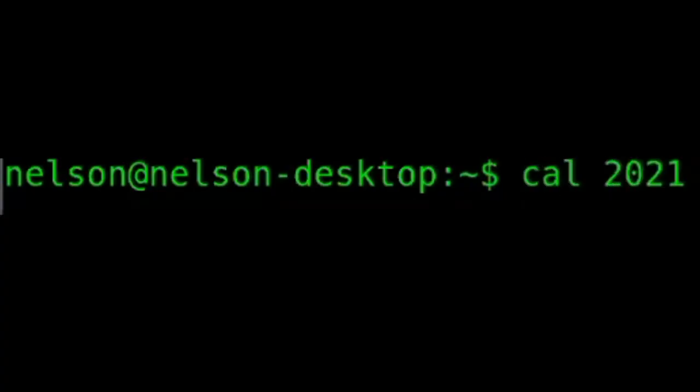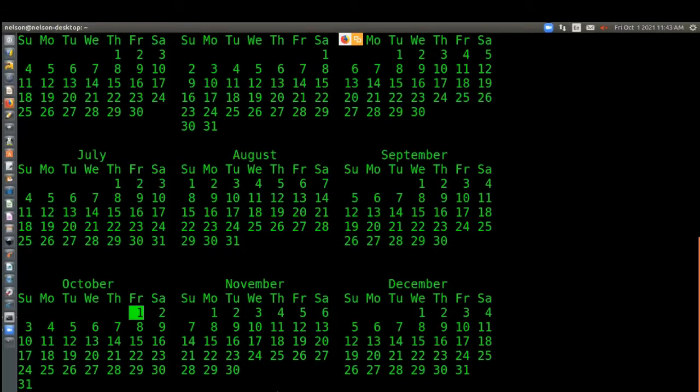Now if I want to see the whole year's calendar, for example, the cal command gives the current month and current year's calendar. So here cal space 2021. So the 2021 calendar it will show. Now I'm pressing enter. Here you can see this. The first 6 months are not visible properly. Then July to December we can see on this screen. So now how to make this proper?